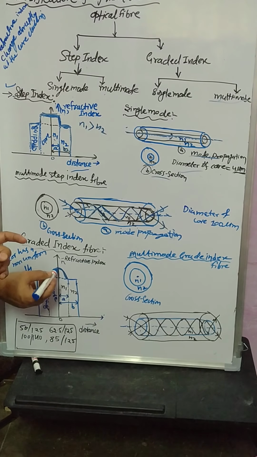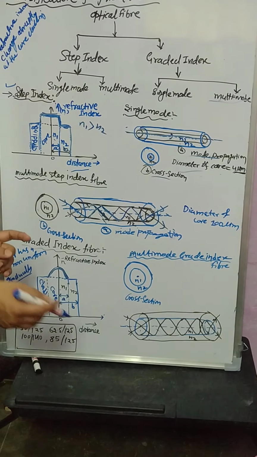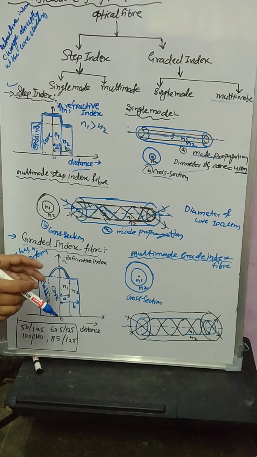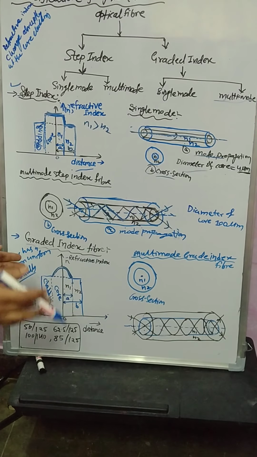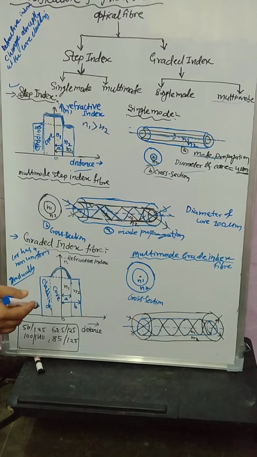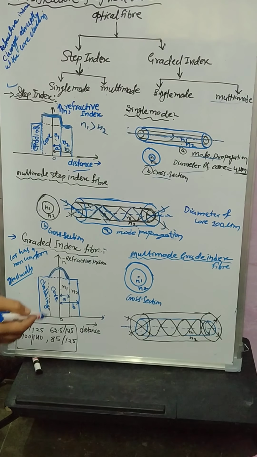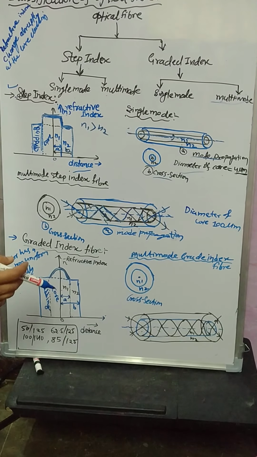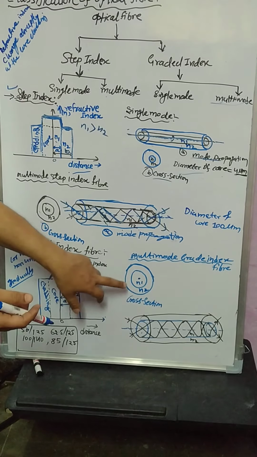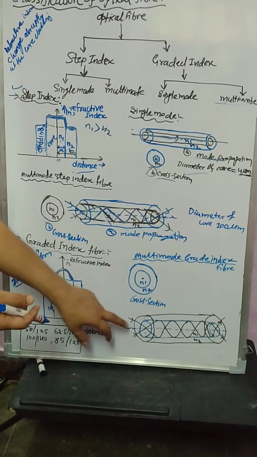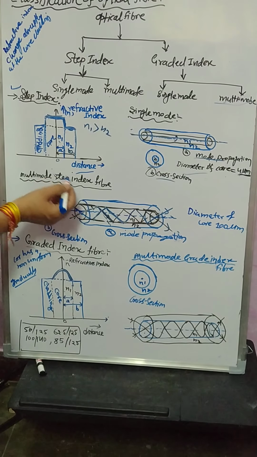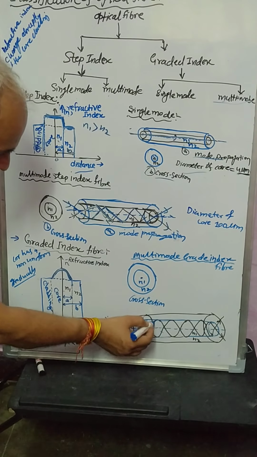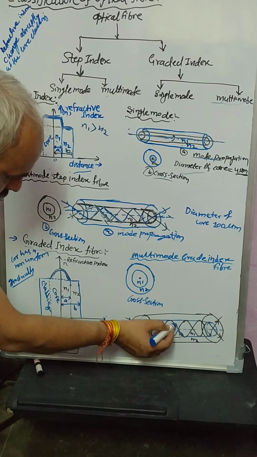Okay, from the center, what is happening? It gradually decreases. The core is made of different layers. The refractive index changes, the center is different from the others, and it changes according to the radial distance. Here we only discuss the multi-mode graded index optical fiber, the cross section area, and this mode. The basic difference between multi-mode step index and multi-mode graded index: this is a step form, but this is gradual. Just mentioned here, it is gradual.